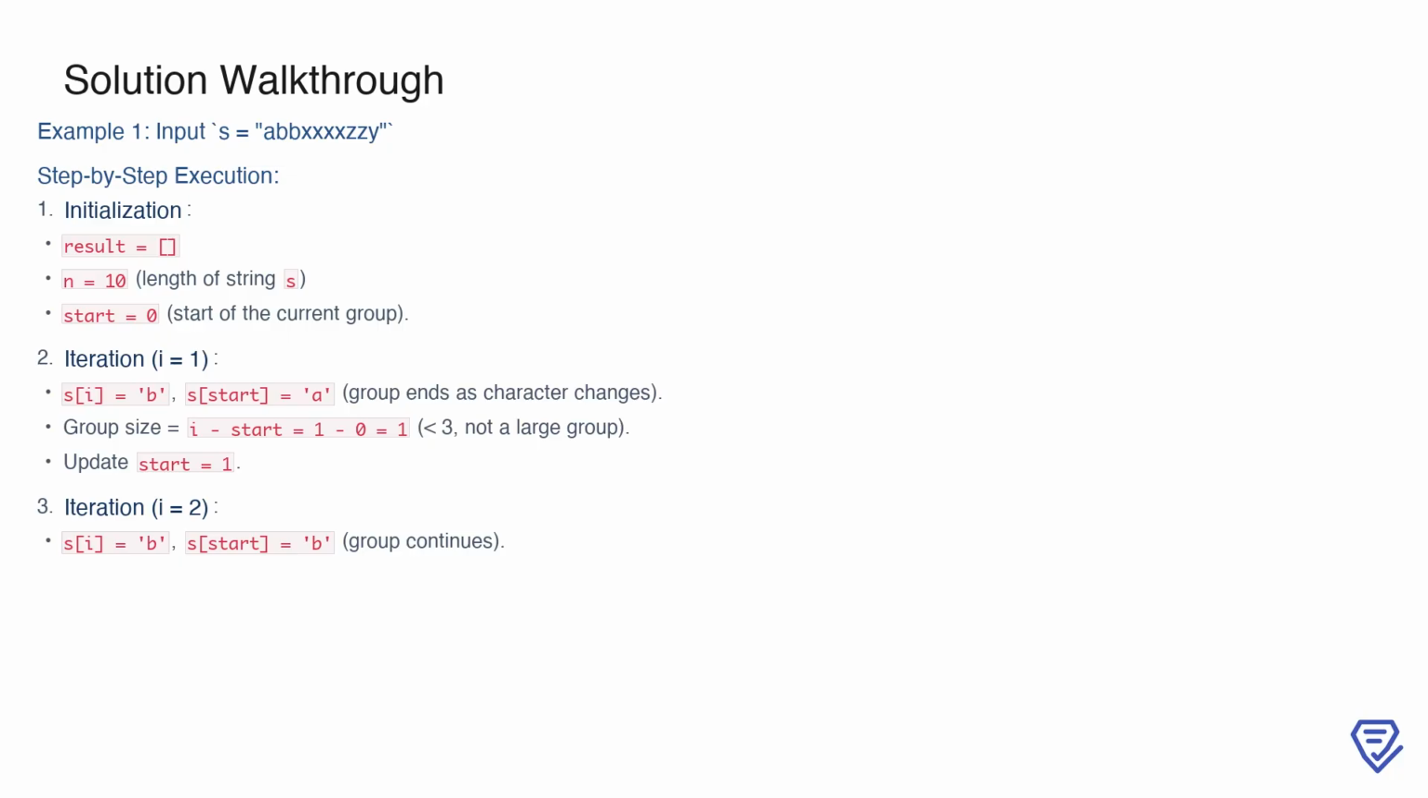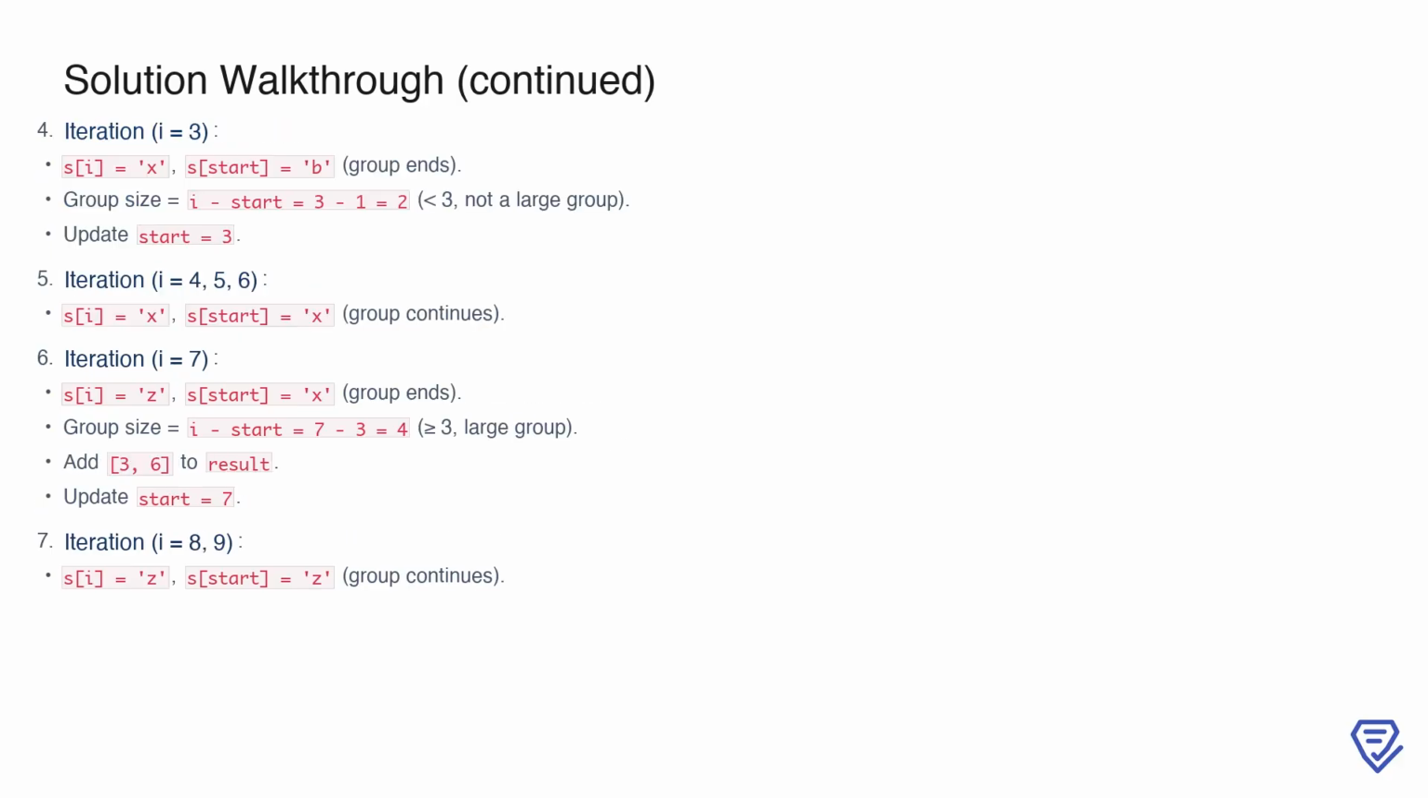The size of this group is i minus start, which equals 1. Since this is smaller than 3, it does not qualify as a large group, so we move the start pointer to 1 to begin tracking the next group. At i equals 2, s[i] is still b, which matches s[start], so the group continues without any changes. At i equals 3, the character s[i] changes to x, while s[start] is b. This indicates the end of the current group. The group size is calculated as i minus start, which equals 2. Since this is less than 3, it is not a large group, so we update start to 3 to track